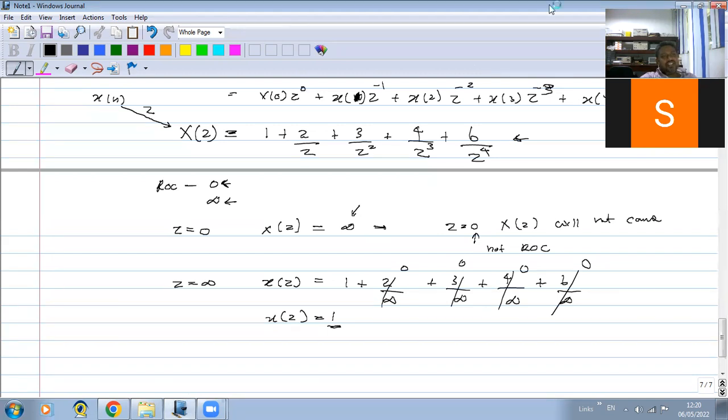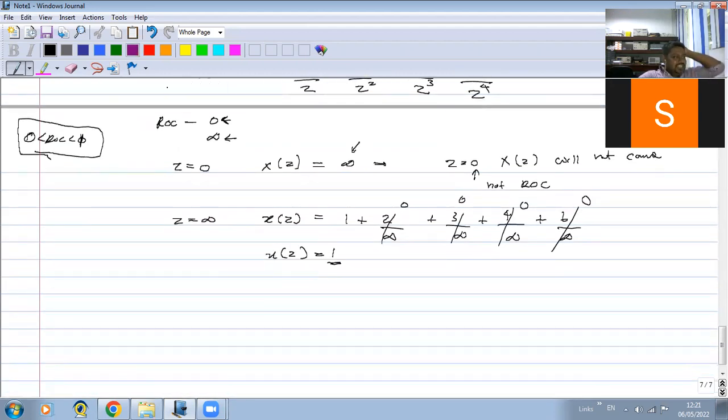Anyway, the form of your answer is wrong. One of you mentioned that the ROC is between 1 and 0, 0 and 1. This representation is not correct. I will tell you why. Here it means that between 0 and 1 you have the ROC. If you write the ROC like this, between 1 and 0, that means,